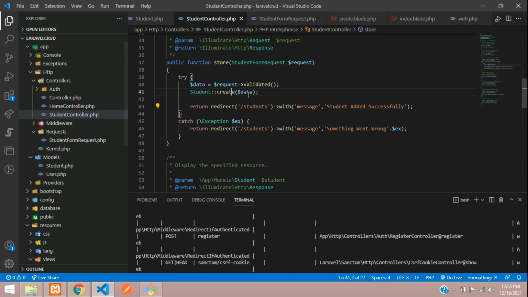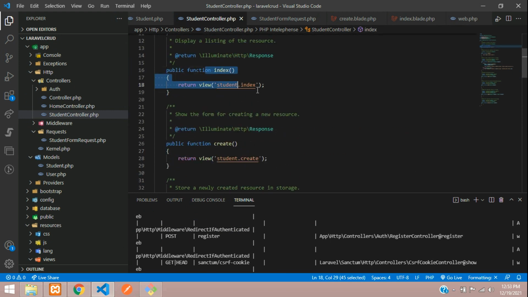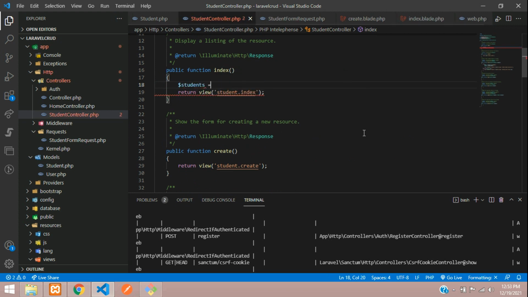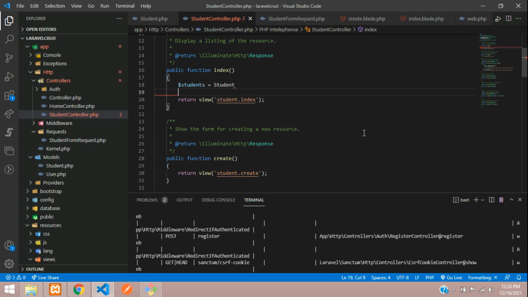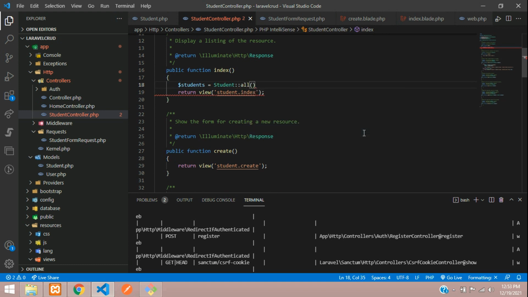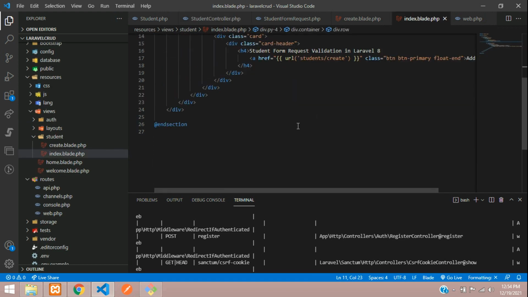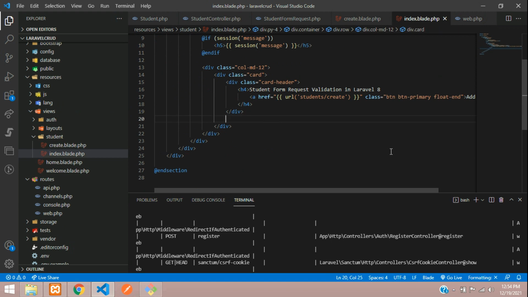Let's go to our student controller, add the index method. So we have already created the page in previous video. Dollar students is equal to your student model, okay, colon colon all function or method. So now let's take this and pass in a compact function with the view students. So let's go and we can access this variable students. So insert this card header. After the card header, let's create a card body and